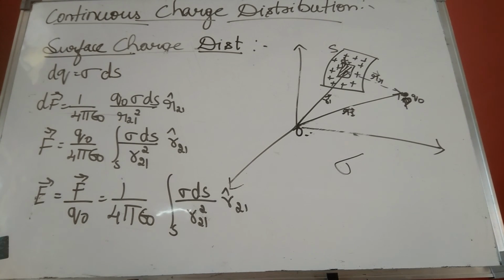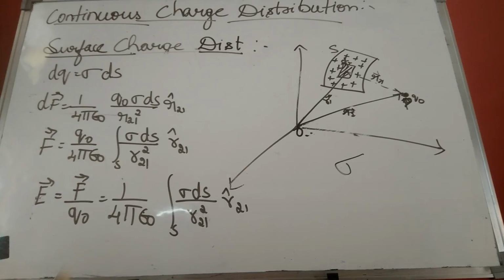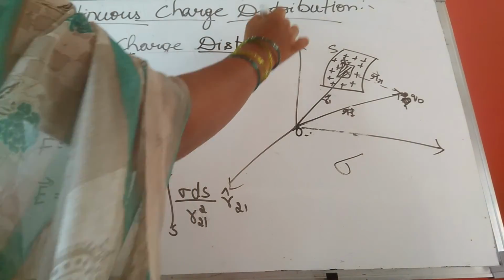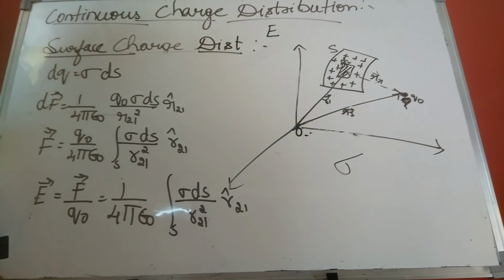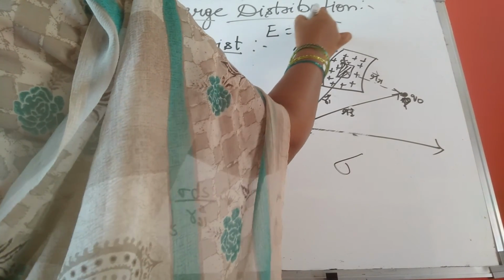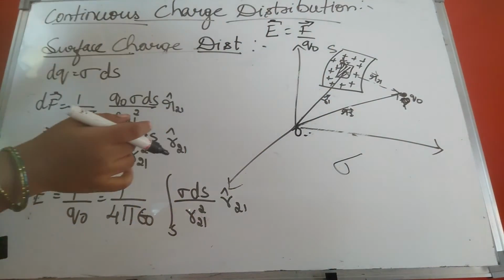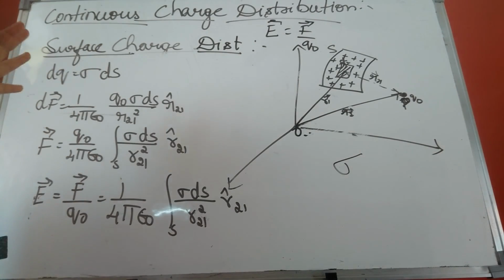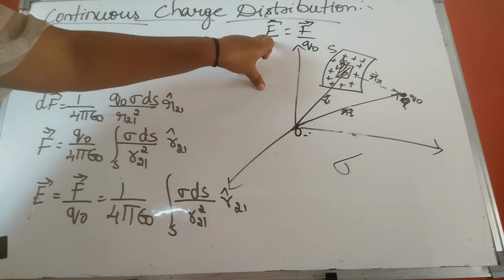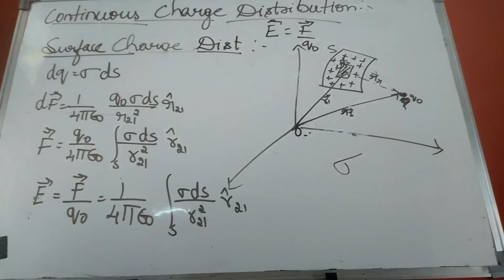But that is not my concern of study right now. My concern is to get an expression for electric field intensity E. We know that the electric field intensity is vector F by Q naught. So if I want the expression for E, I should know the Coulomb force F. So what is the full Coulomb